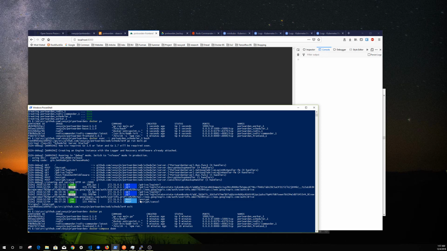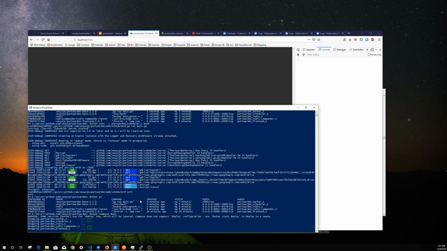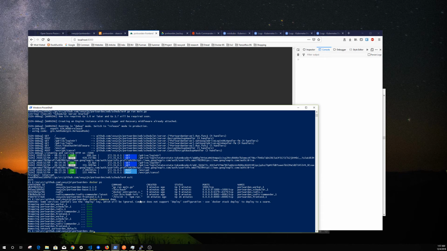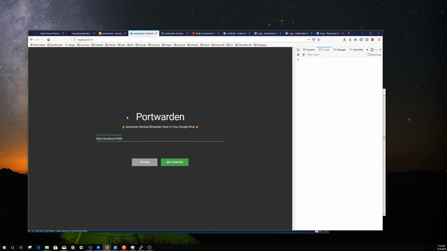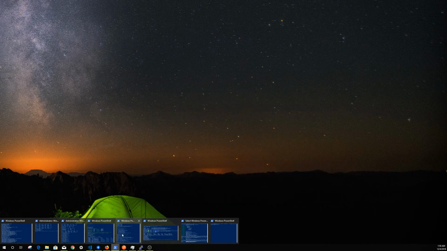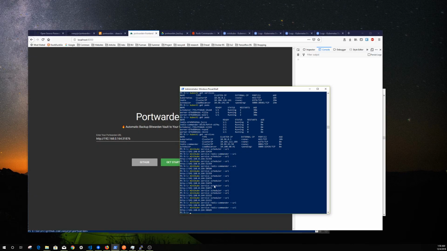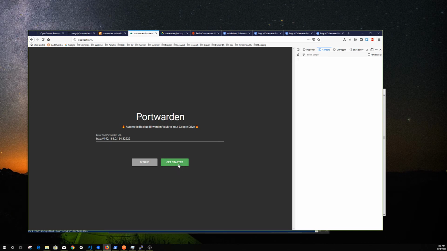Docker compose down will clean up the services. But I do need the front end to be running, so okay, now it's working. If we refresh it and paste in the scheduler's URL and do get started,